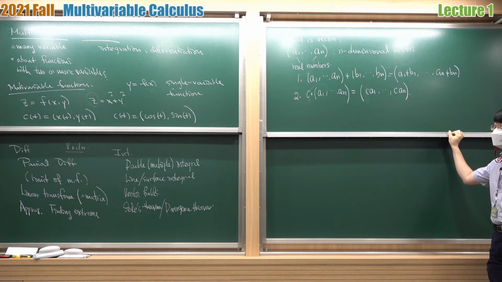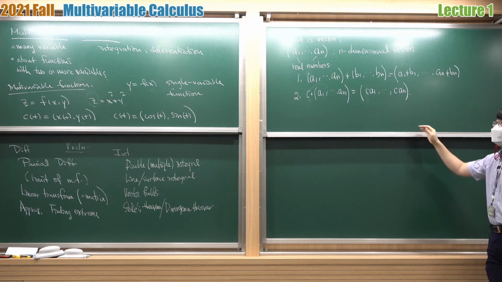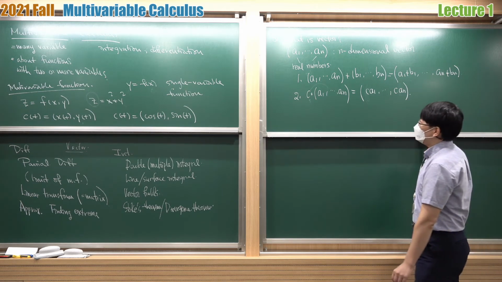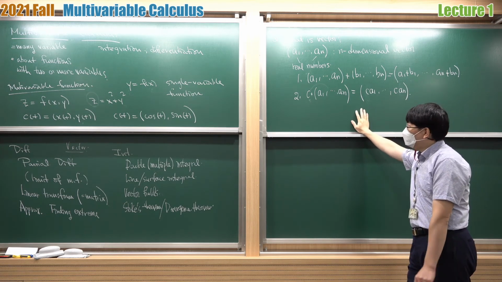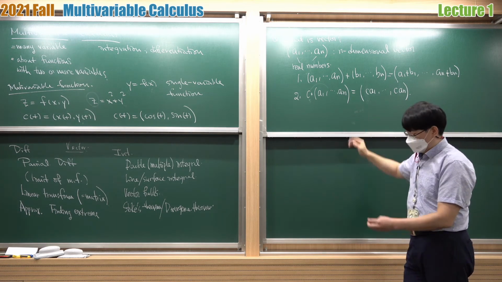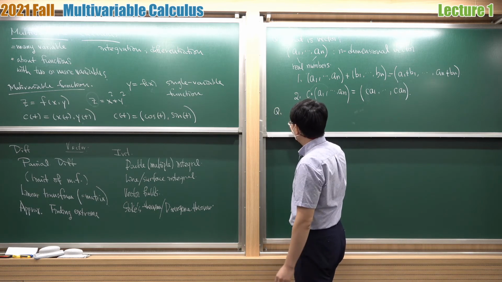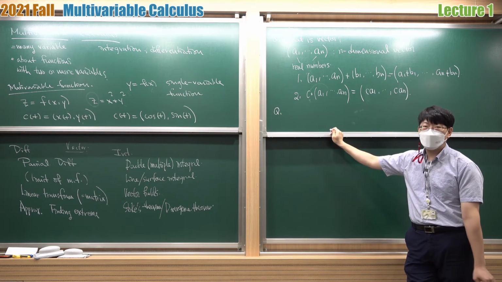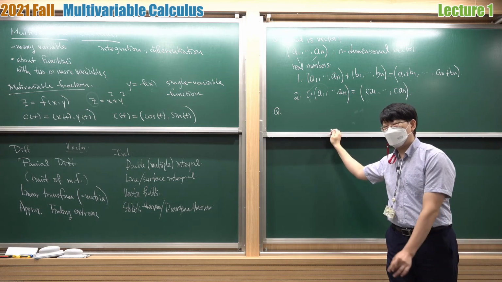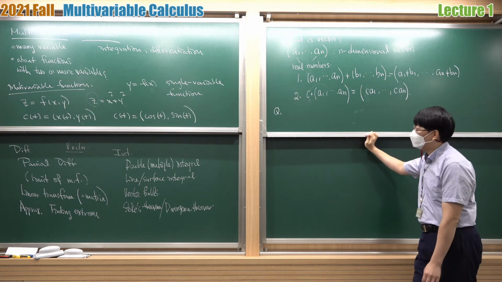And then you may have another question. As I already mentioned before, what is the other way of defining vectors? What is the abstract way of defining vectors? If you want, I can tell you, but that's your own task to find out the answer. I will give you a hint: the set of functions can be vectors. The functions can also be vectors. Okay, for example,